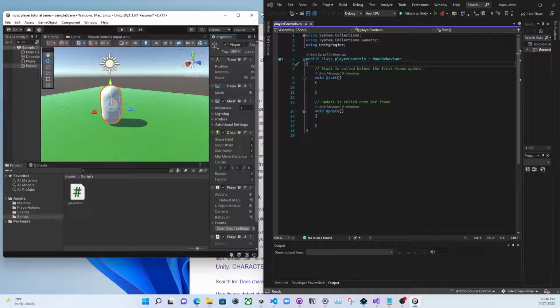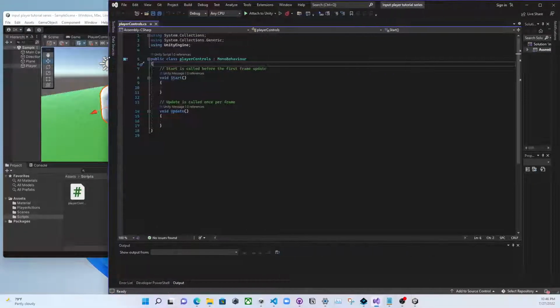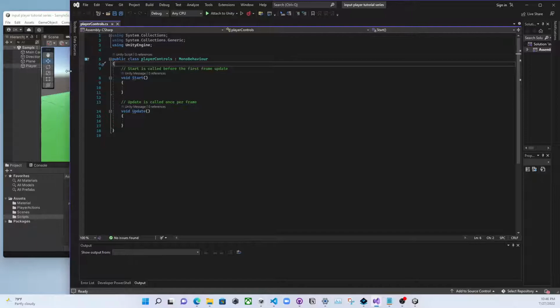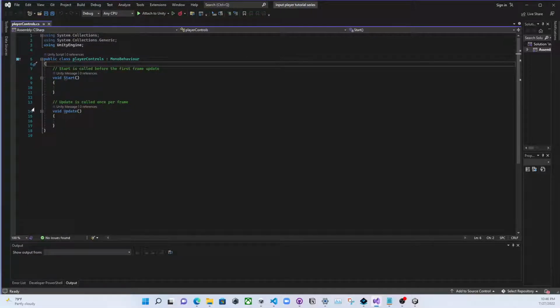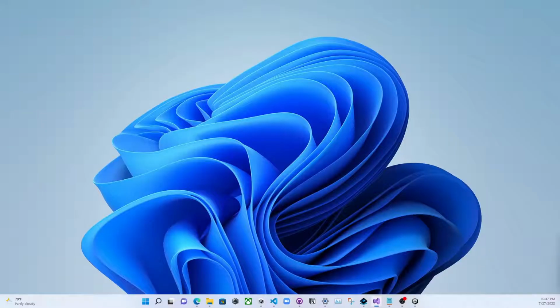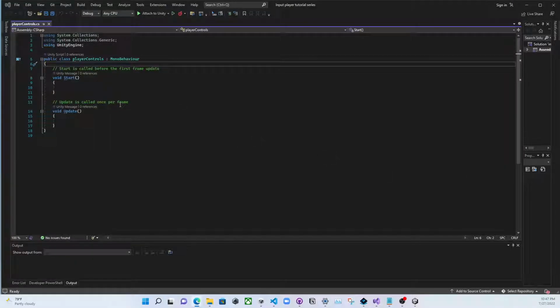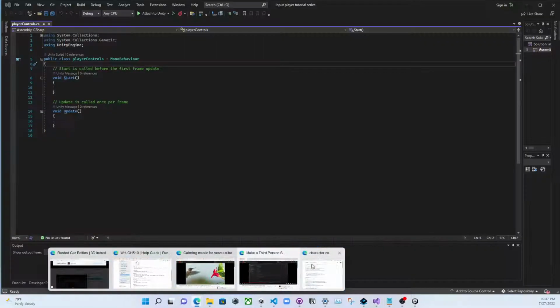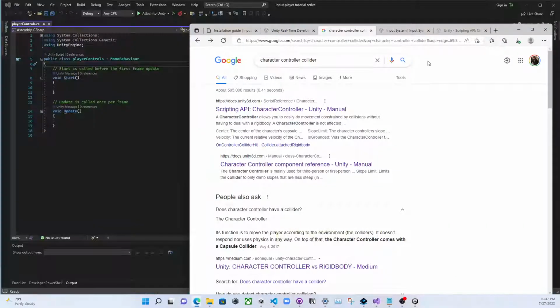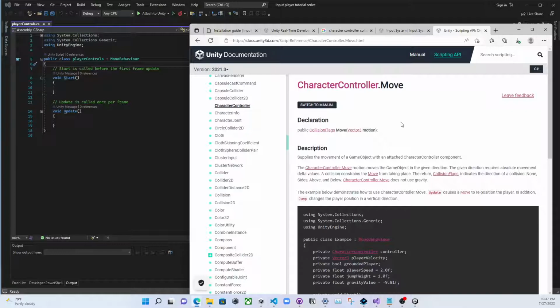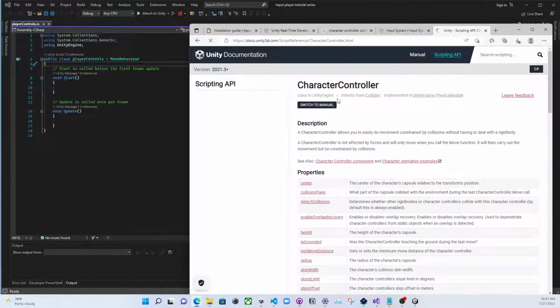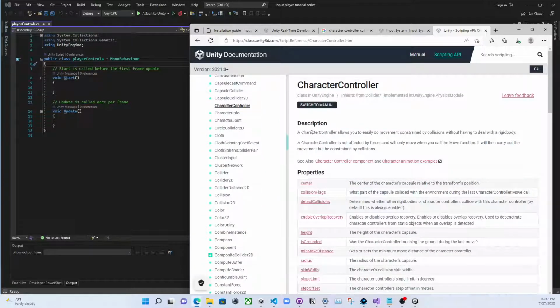All right. And then let's just drag this over. It doesn't matter. Okay, so let's say the first thing we want to do, let's make some variables. Since we'll be moving the character with the character controller, let's just go over a quick